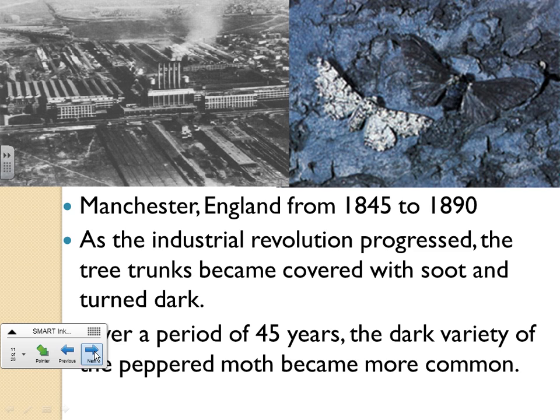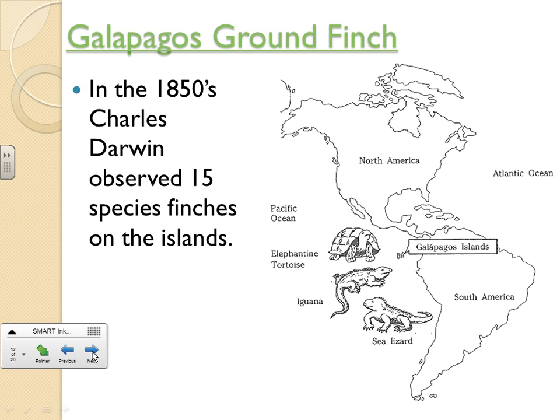So the idea of natural selection comes from Charles Darwin, and in the 1850s he discovered 15 species of finches on the islands of the Galapagos. He was on the voyage on a ship called the HMS Beagle that traveled all the way around the world from England. One of the stops along the way was the Galapagos Islands, an island out in the Pacific Ocean that was fairly new from a geologic standpoint, and was